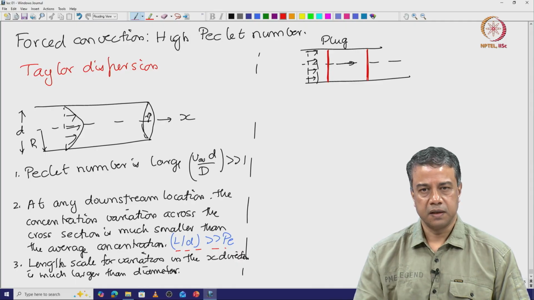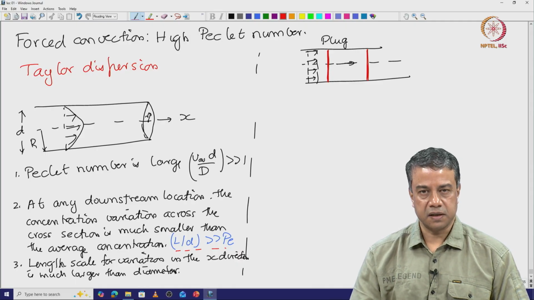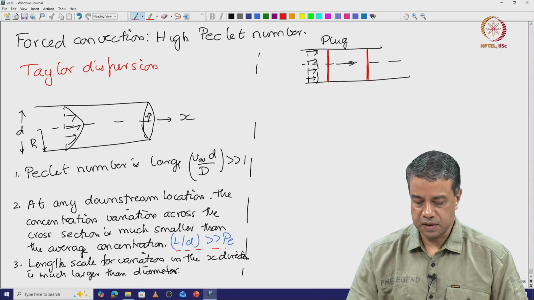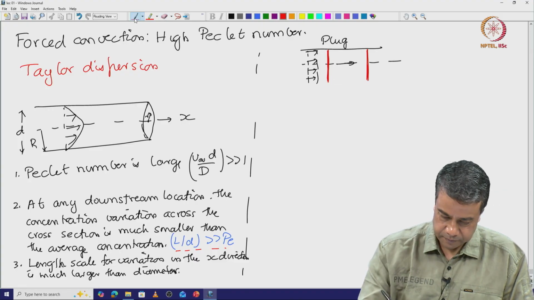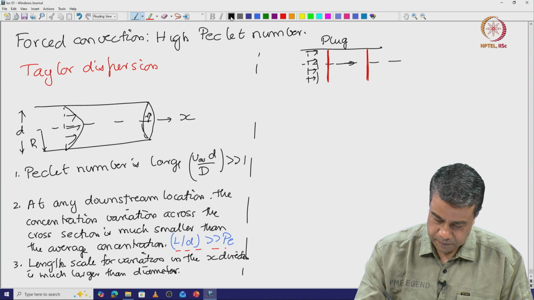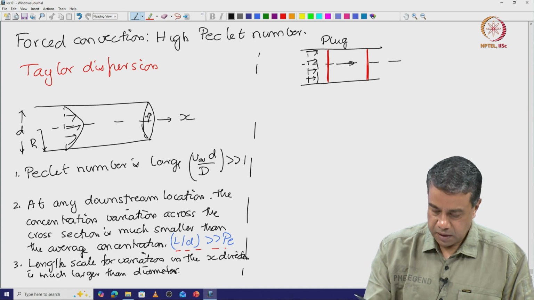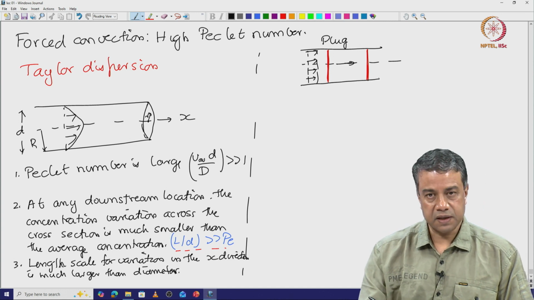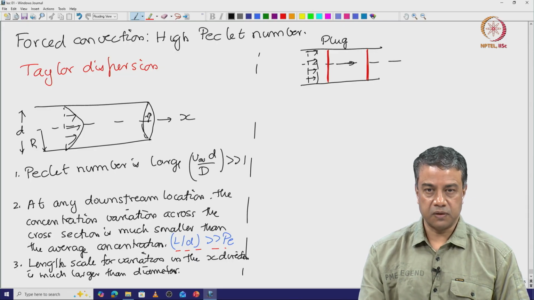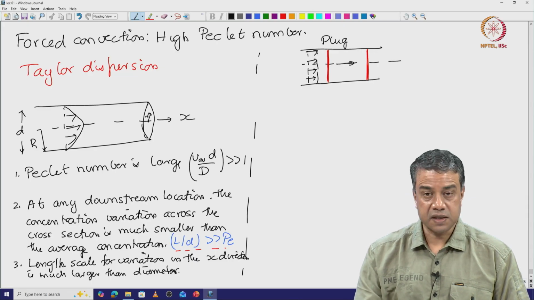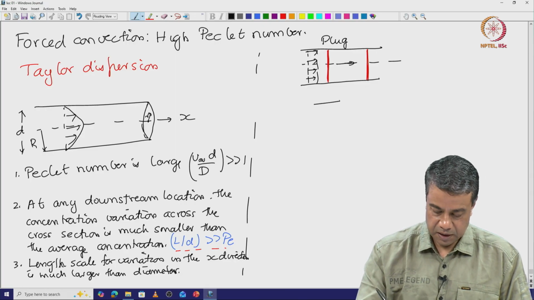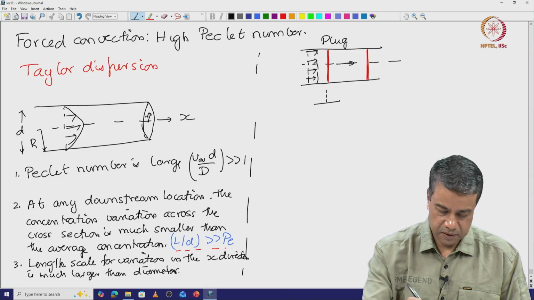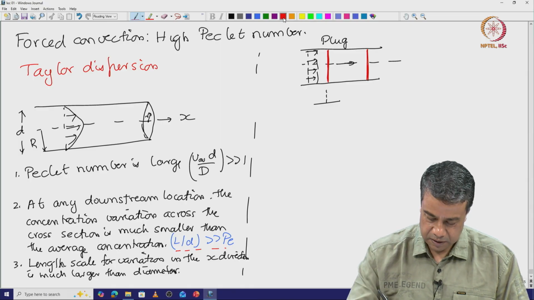If I put a pulse here, as it moves downstream, the pulse will continue in the same manner. If there were no diffusion, then there would be no dispersion. The only change could be due to molecular diffusion. And if I plot the concentration, if it is something like this over here,